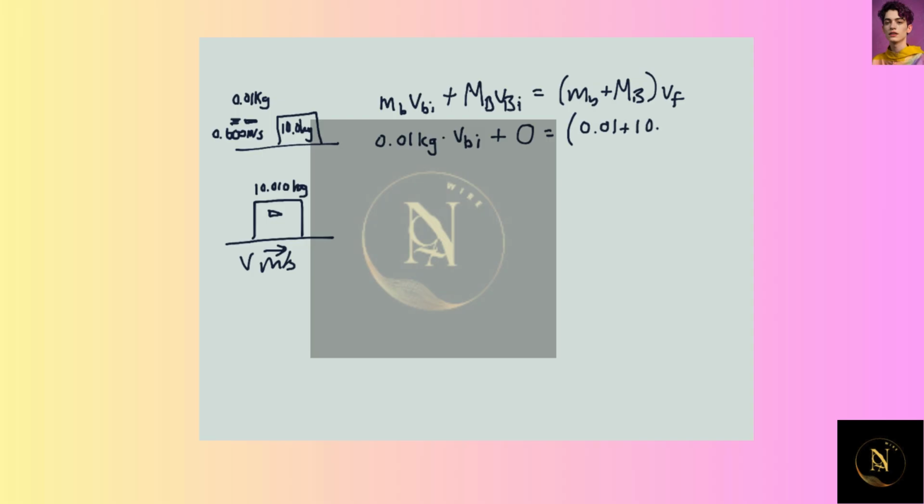Now we know the addition of the bullet and the block is going to be 0.01 plus 10.0 multiplied by the final velocity, which we've been told is 0.6 meters per second. So 0.01 VBI is equal to 10.01 multiplied by 0.6, which is